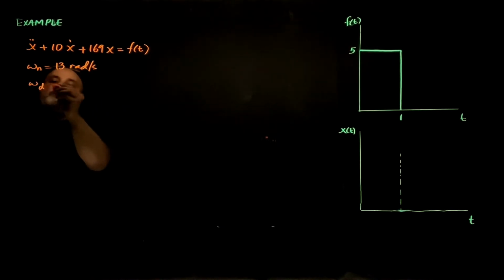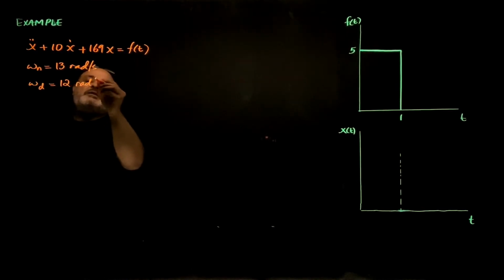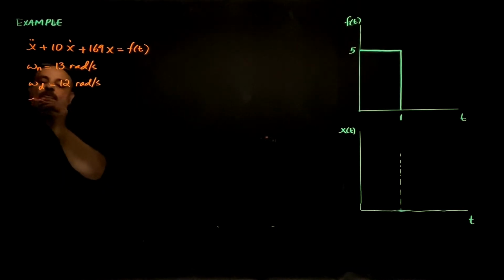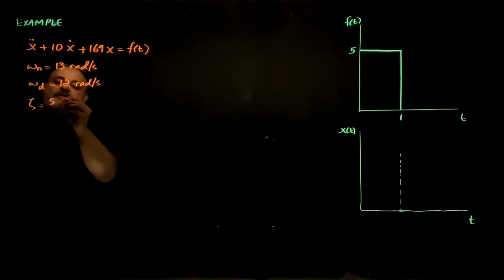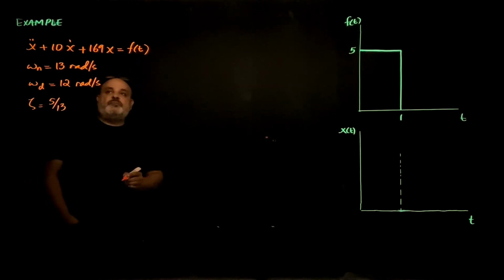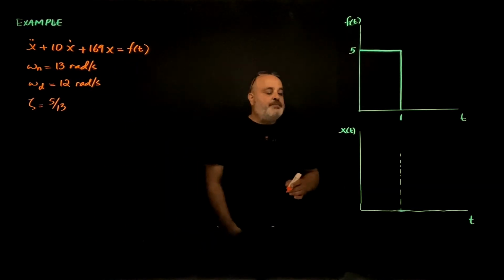Omega d can be determined to be 12 radians per second. Zeta is 5 divided by 13. This can be determined from the characteristic equation of the system. Now,